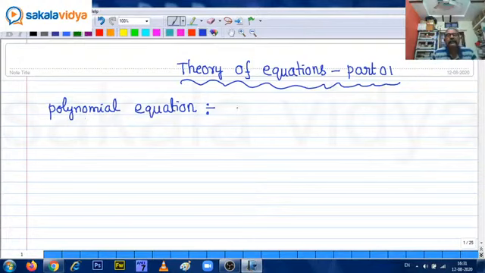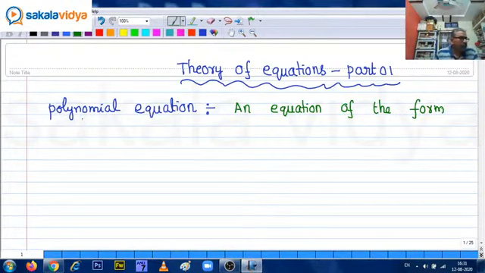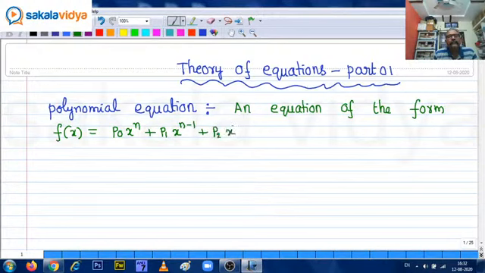Polynomial equation means an equation of the form f of x equals p0 x to the power of n plus p1 x to the power of n minus 1 plus p2 x to the power of n minus 2 plus p3 x to the power of n minus 3 plus and so on up to pn,